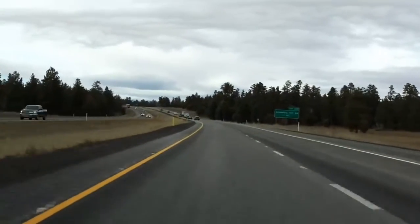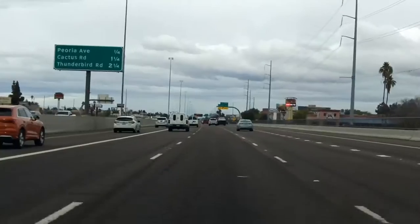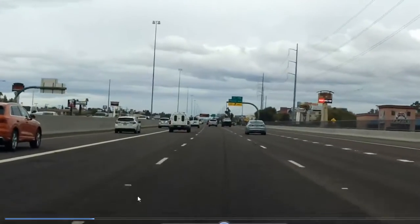So remember what I said about I-17 at the start. I mean, this is one of the more varied stretches of...